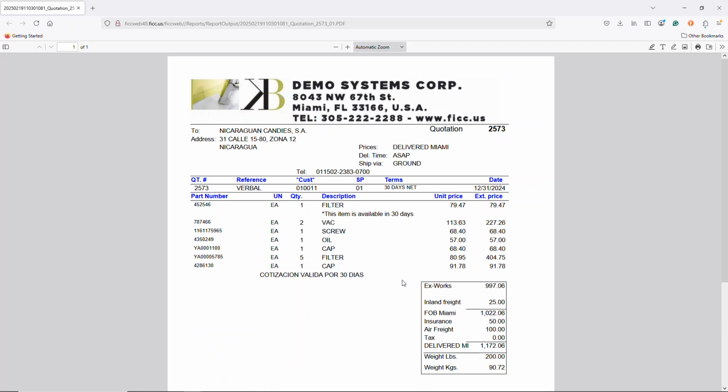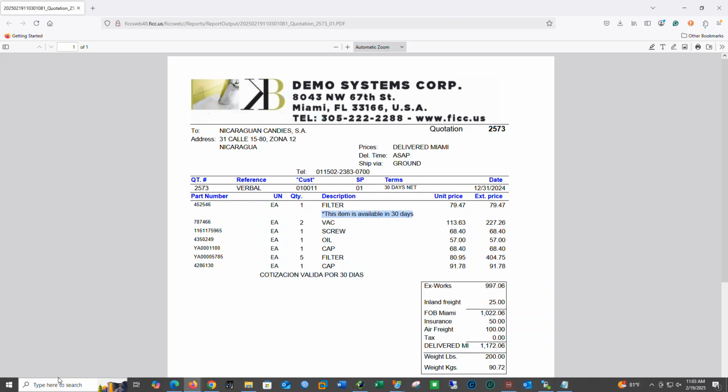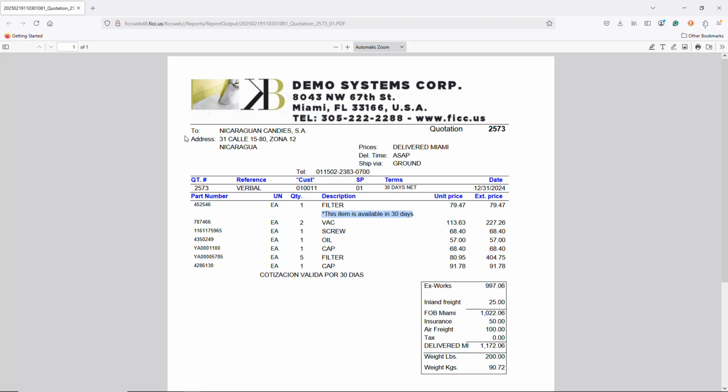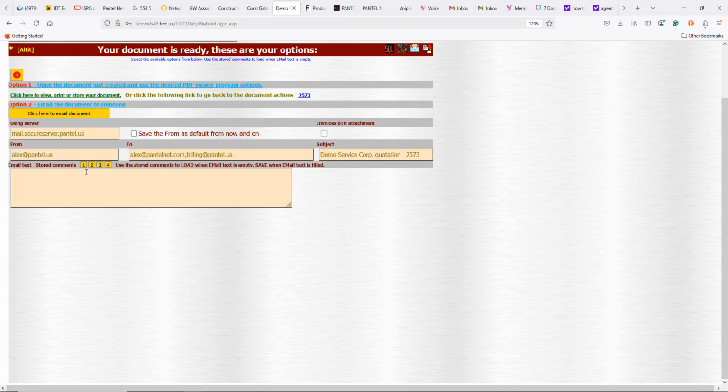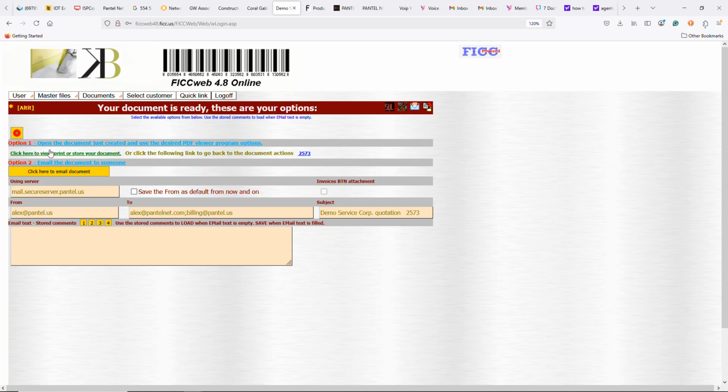It could be 1 page, 2 pages, whatever. It depends on how many items we are putting on the quotation. This is the general comments that appears in the center of the document, and this is the item comment that appears after the item. It could be before too, right? So this part also shows us,